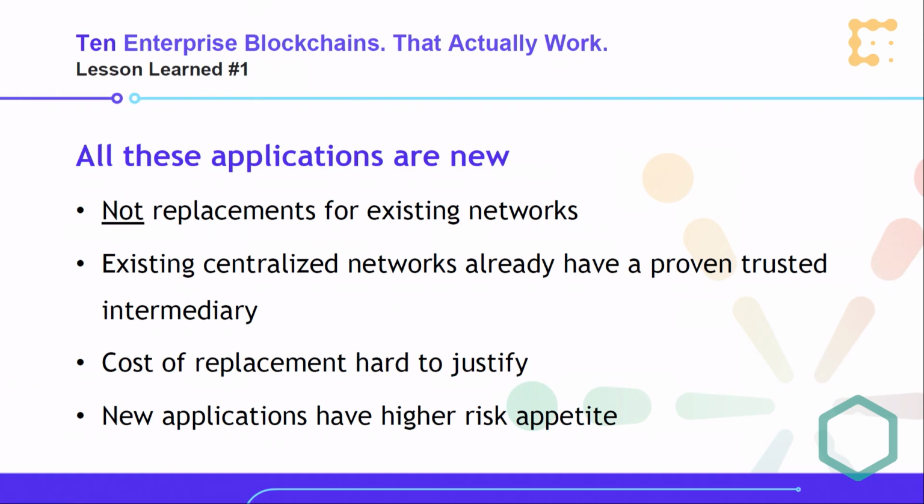Number one, if something's working, people are generally not going to want to rip it up and move to something else. Number two, it's very costly, right? You're going to spend all this money building a system when you already have a system that's up and running and working. And number three, if you have a centralized network that's up and running, well, that generally means you have a central counterparty that everybody has already proven to be comfortable working with. And as I'll talk about in a minute, if you have a centralized counterparty for a database or for a network, then there's not really much point decentralizing it because you don't have any need to.